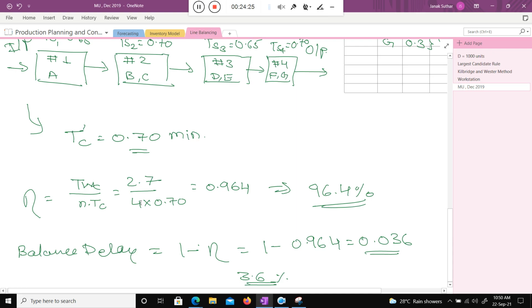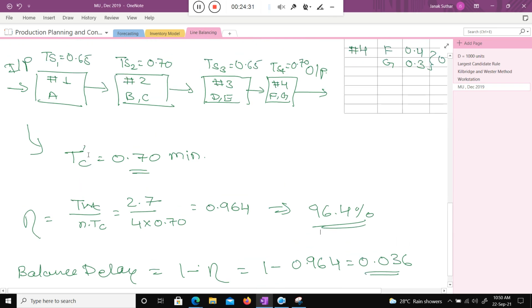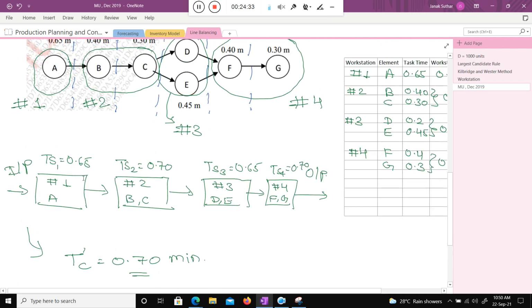Simple. Here you can see, the maximum time of the workstation is nothing but the TC.